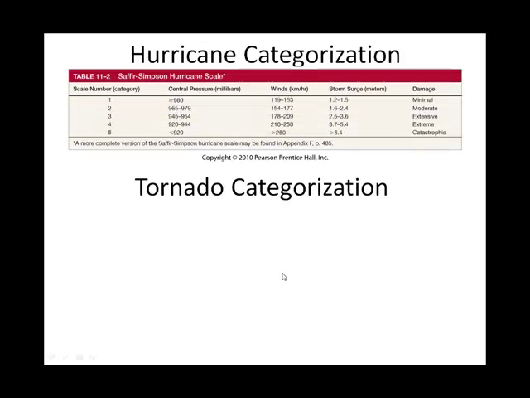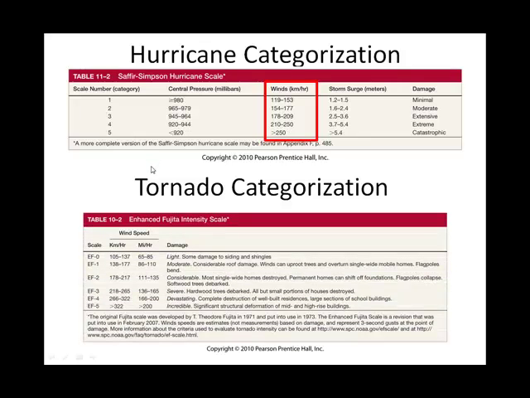So I thought I would just bring this in. This is our Saffir-Simpson scale for categorizing hurricanes. And I want to compare that with our enhanced Fujita scale, just for kicks, specifically wind speed. And I don't know if it strikes you or not, but for instance, a Category 4 tropical cyclone has wind speeds of 210 to 250 kilometers per hour. And notice that that is basically encompassed in what we categorize as an EF3 tornado, a Category 4 hurricane. I just thought it was